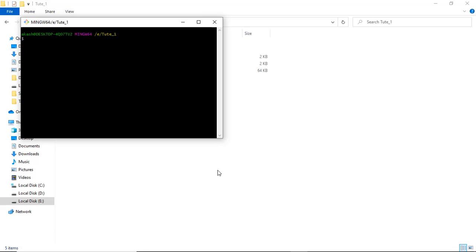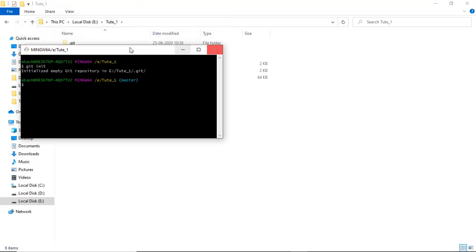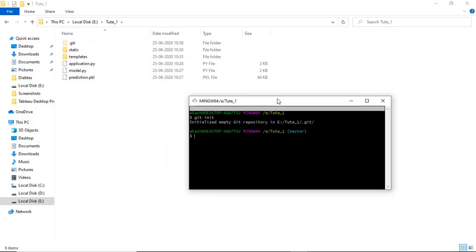That's only about Git, how to use Git and GitHub. Now I'm going to initialize this empty repository here. As you can see, in this folder one folder got created named .git.